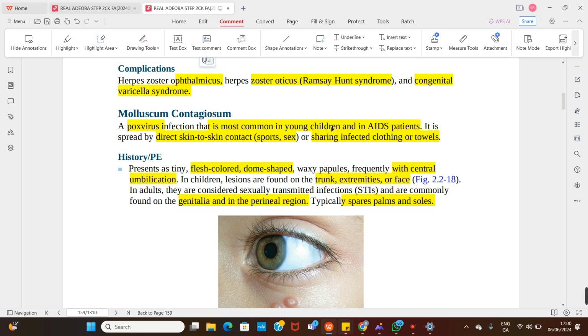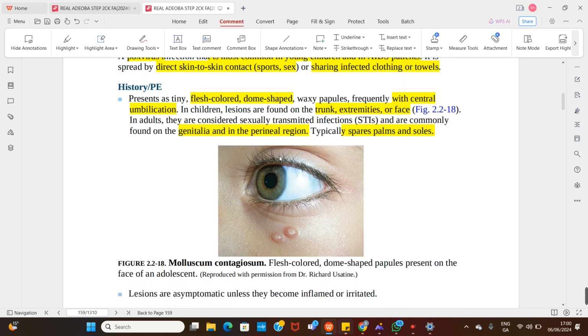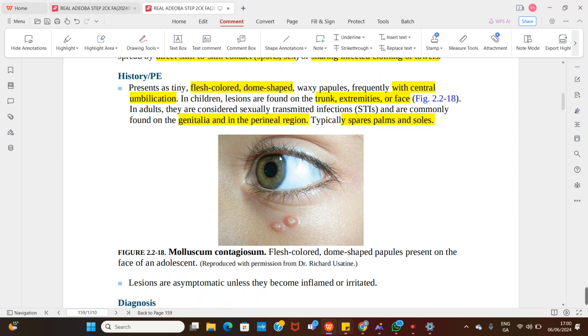So very common through skin to skin contact with an affected person, maybe through sex, sport, or sharing fomites like clothing and towels. What do you need to look out for in the question stem? Just look for the central umbilication. So you just see all these papules with a central indentation or umbilication. That is molluscum for you. So the question is going to be describing it as presence of flesh-colored dome-shaped